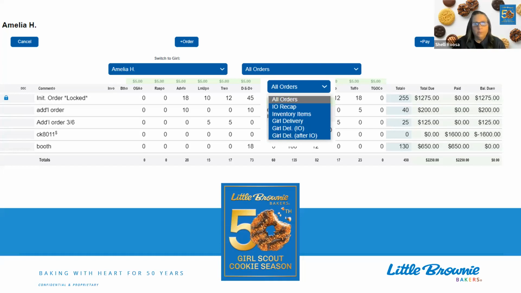This is a bad example, but you'll see 0 packages but paid $6, meaning you need to give credit for 1 box of cookies somewhere, that there's a girl delivered order somewhere. This is a great way to use that after the initial order. Then you know exactly what variety it is, and you can put that variety in